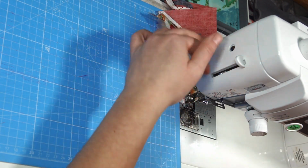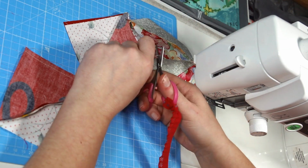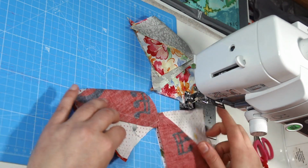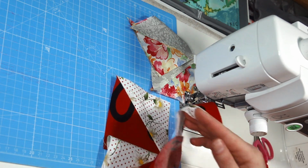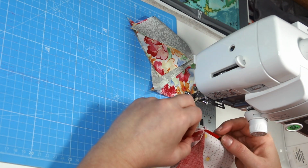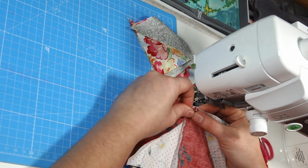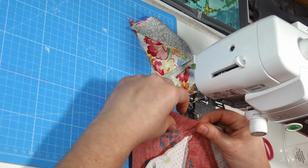Now you could obviously chain piece as many as you have here, but just for this tutorial, let's just focus on those two at the moment. So I just cut away my first two pieces so I can open them up now and then chain piece again. So here I want to focus on my middle to make sure I can nest the middle seam. If you need, you can use some pins to help you here to make sure it's all nicely aligned,